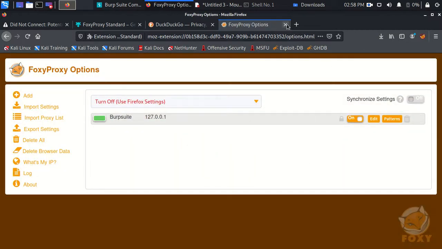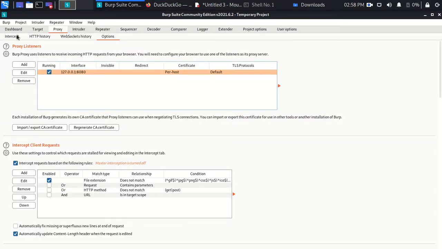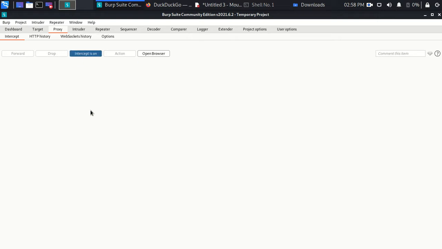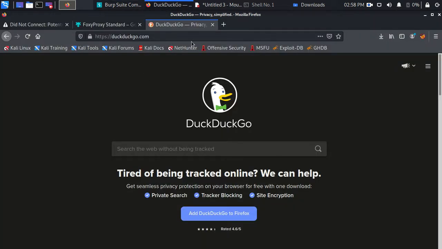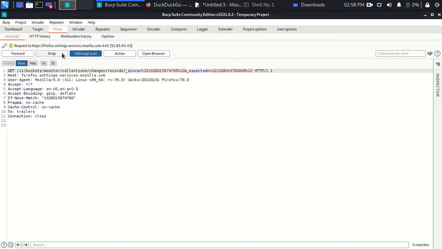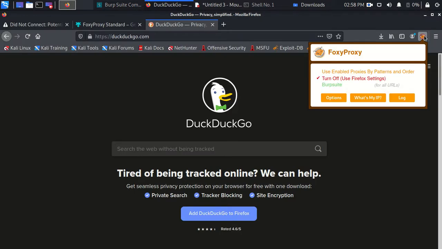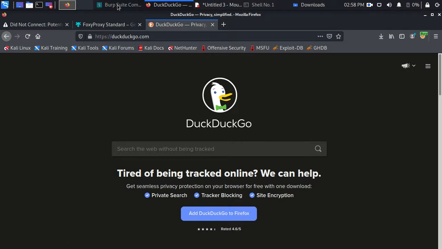So port number 8080 and just save this, right? Okay. Now what you can do, just go to Burp and go to the intercept, and I want to capture the intercept. Now you don't need to go to the proxy settings every time. Click the Foxy Proxy icon, and if you want to turn off the proxy settings, you just need to click that one. And if you want to set your browser with the proxy settings, just click on Burp Suite. Now you are ready to go.